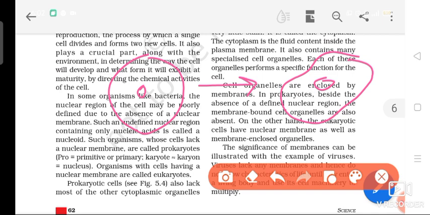All this function is performed by the nucleus, which directs the chemical activities of the cell. In our case, the nucleus causes the formation of hemoglobin inside the cell, and after that this cell is converted into the red blood cell. Okay, in this conversion only two things play the important role. First is the nucleus and second is the environment.